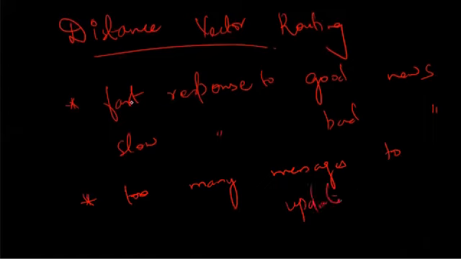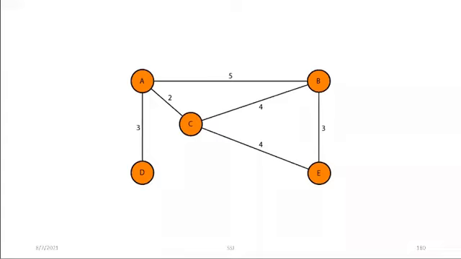These are the disadvantages, and there are a few other terms which we use in disadvantages, which we will see once we understand the protocol. So let's just see the protocol. Over here we can see a system of 5 nodes with their corresponding cost values given. First and foremost, we will create the tables for each of them. For A, we have to create the destination column, then the cost column, and the next hop column.